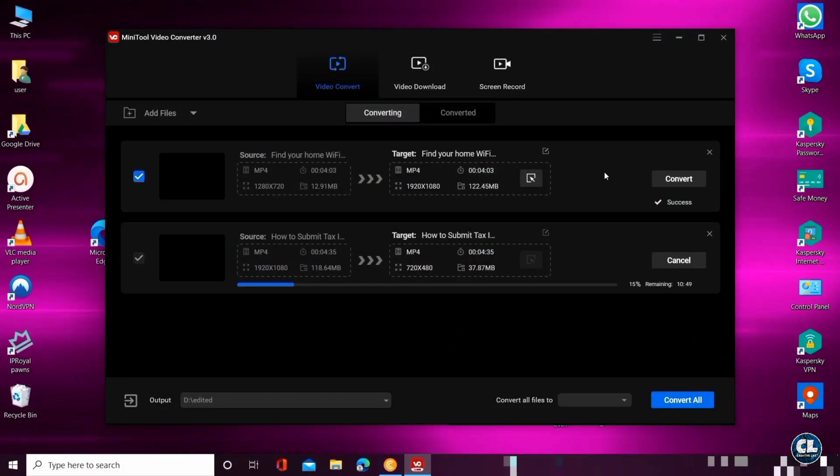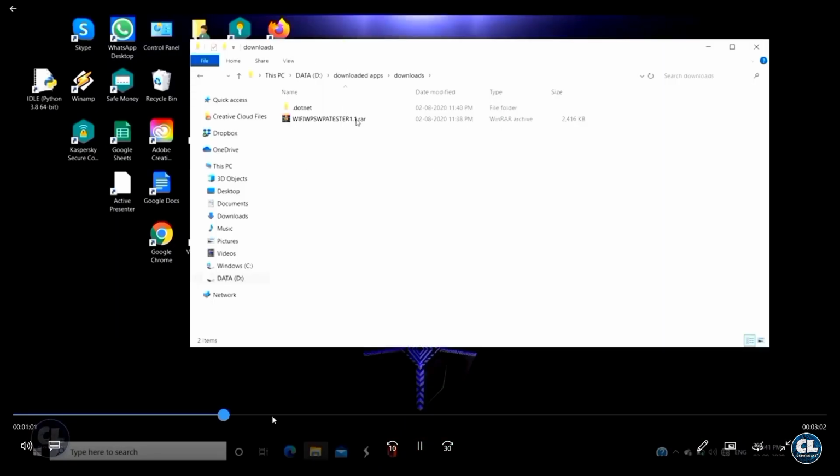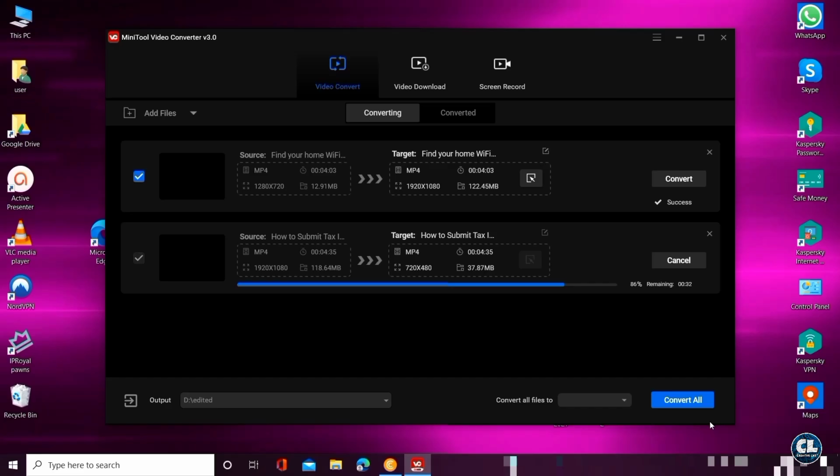A few moments later. Once the conversion is completed, click on this option and you will see the converted file. Now click over here and let's see the output. It is fine. So that's all about this converting software,